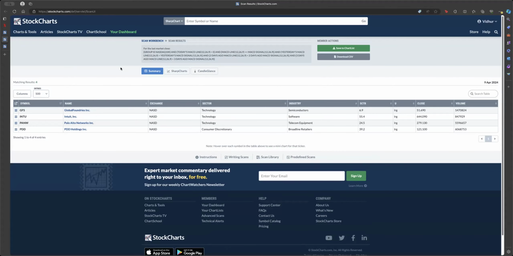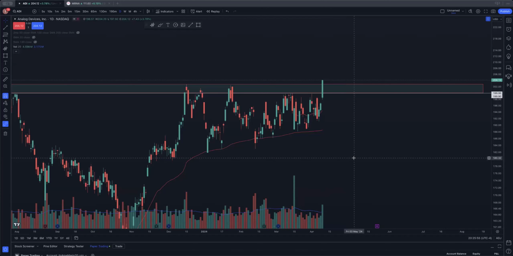So we got 4 hits. Let's go over one after the other. So we got INTU, familiar name. Palo Alto, familiar name. PDD, another familiar name. And GFS, not so familiar name. So we're going to go over all these 4 stocks. And those 4 stocks have bullish MACD crossovers. So PANW looked like shit, by the way. I just checked this morning, but it popped up on the scanners. We'll go over all the 4 stocks one after the other. So GFS, INTU, PANW, and PDD. So let's go over one after the other now. Let's see which one stands up. So let's start with